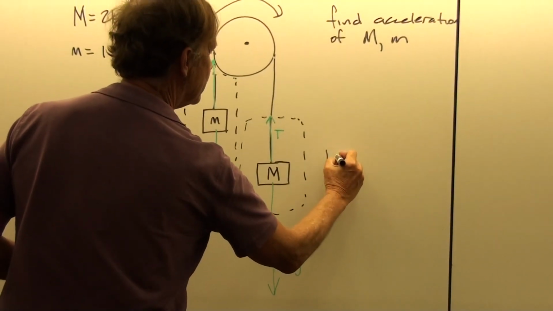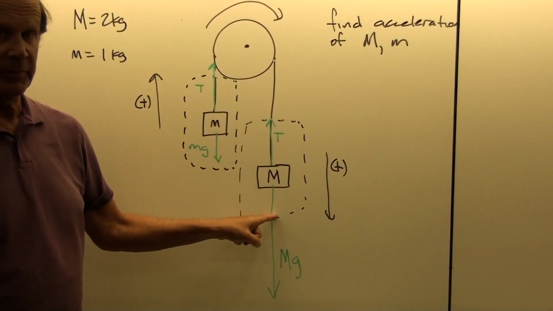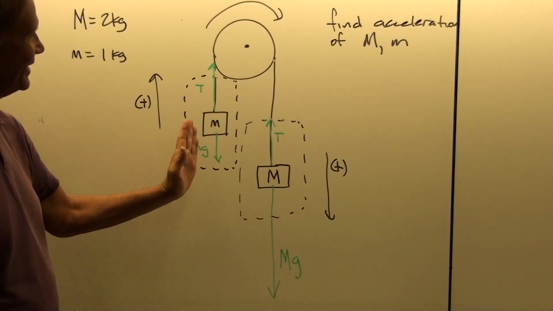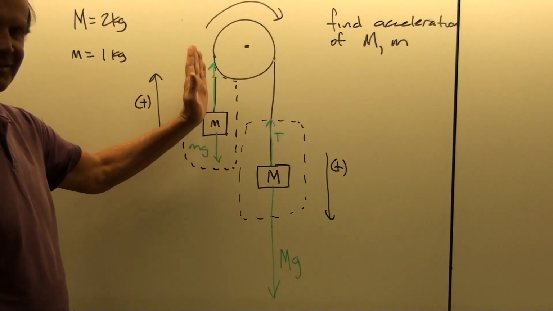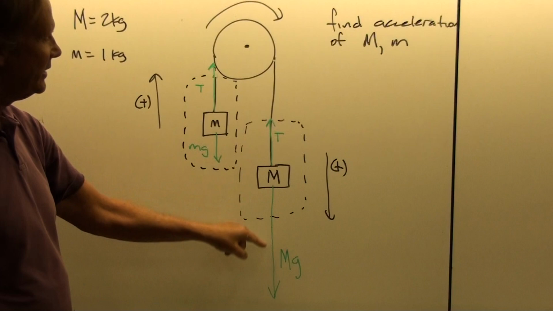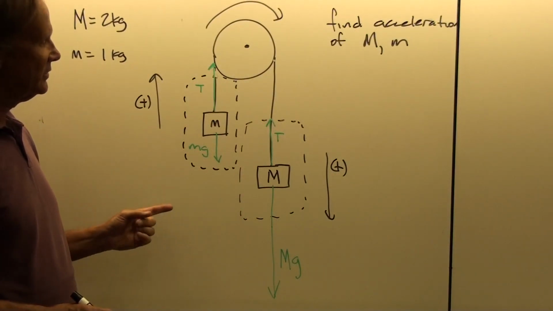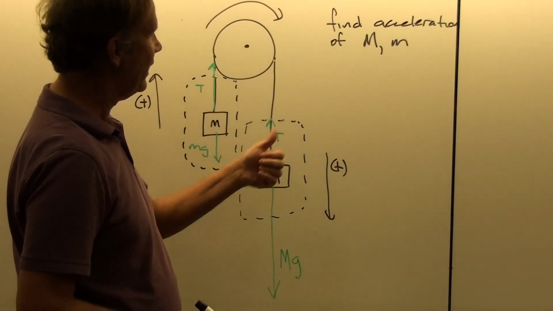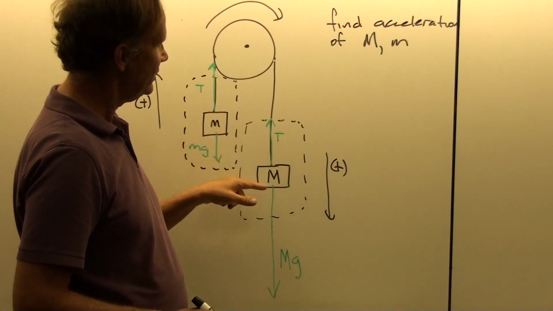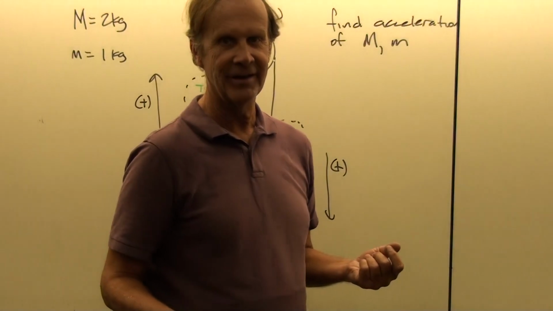Now since big M is going down, and that's the direction of motion, I'm going to call that the positive direction for big M. So in the same problem here, I'm going to have two different positive directions. I'm going to have a positive direction that's up for little m and down for big M. Now the other option is that you could define up always as positive, but then you're going to get two different accelerations because this acceleration is going to be down and that one will be up. And so you have to come up with A1 and A2.